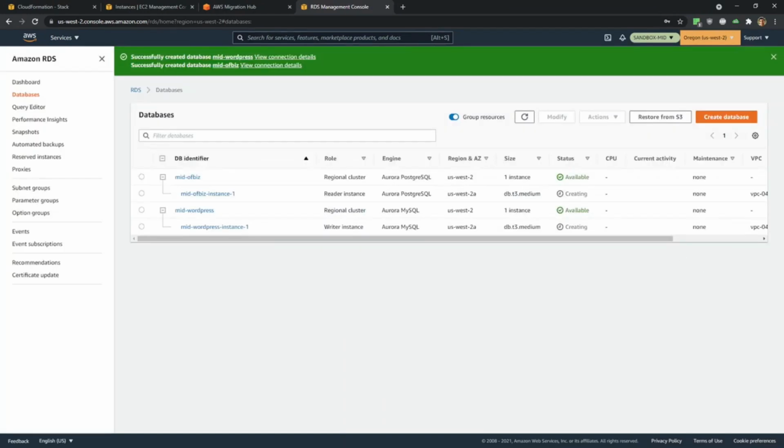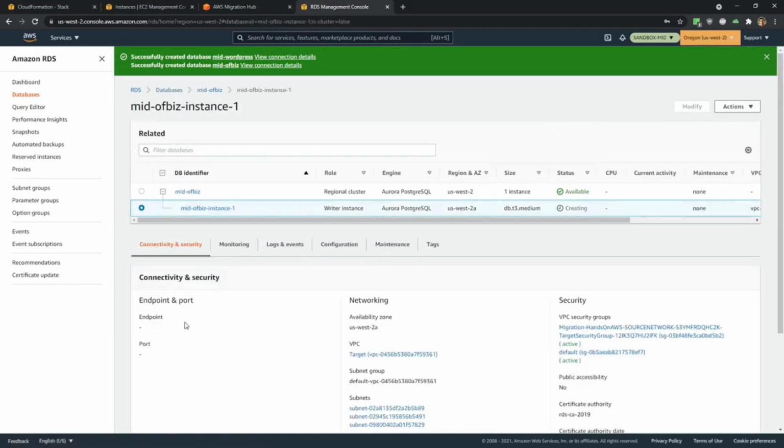We will need both database instances. So within these databases, we will need to create the databases. One more piece of information that you would need to note down is for each of the writer instances of the database clusters that we have created, you go into the details and